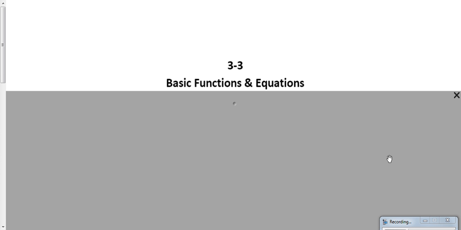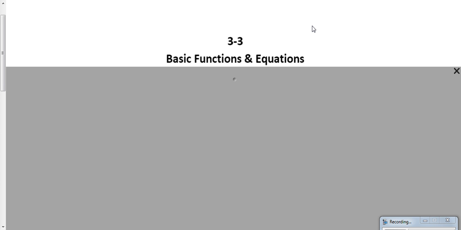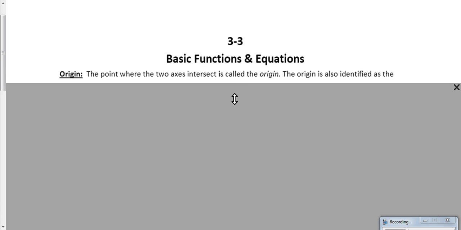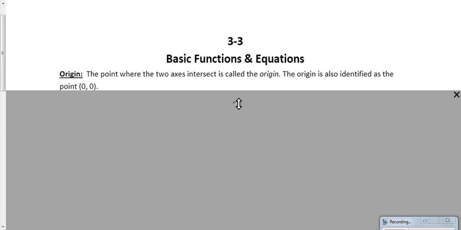Lesson 3.3 Basic Functions and Equations. We're going to take a look at a lot of different graphs today and talk about how we would label them and describe them. First of all, when we have dealt with graphing in the past, we have the origin,